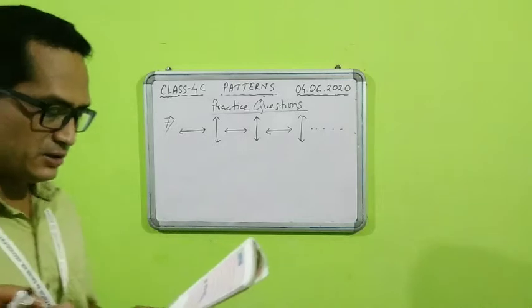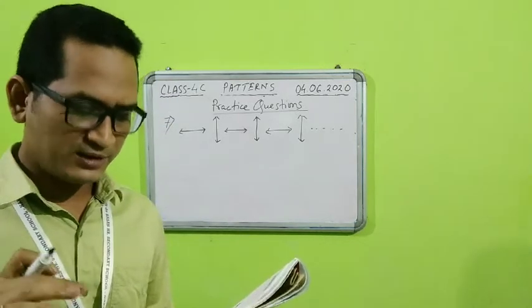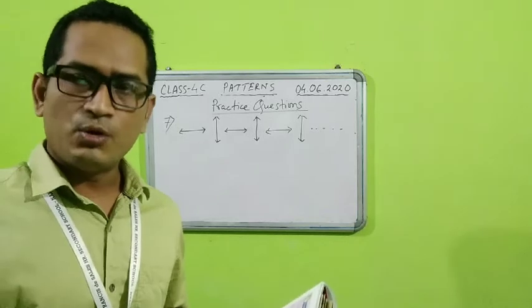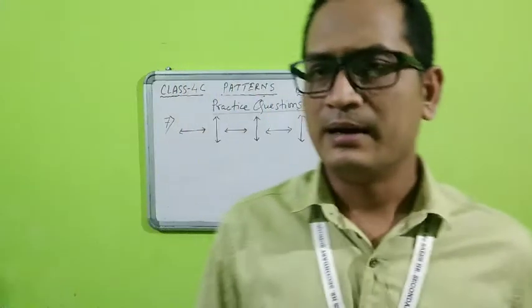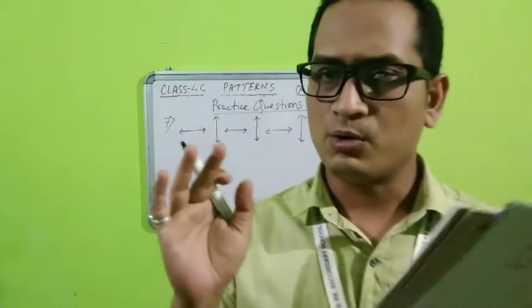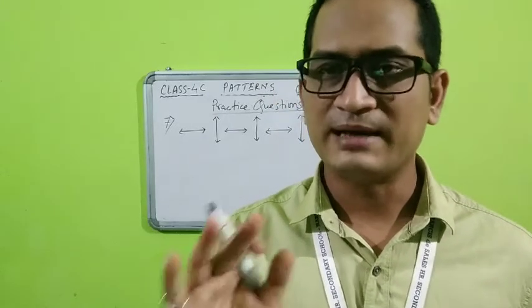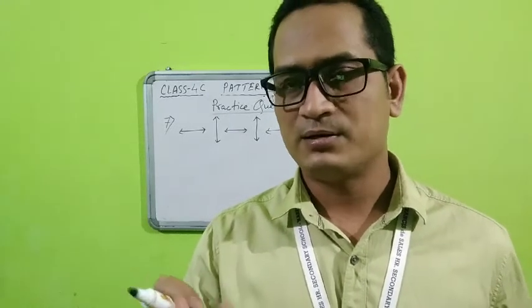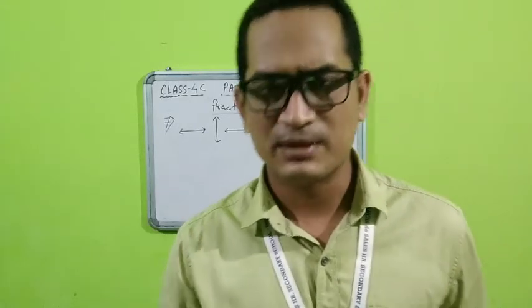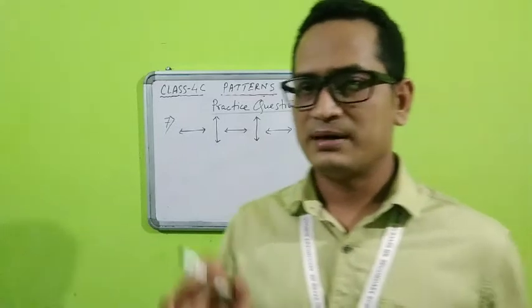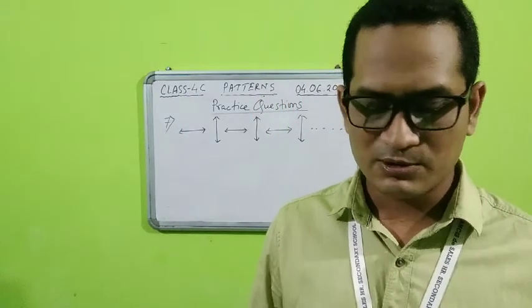Then question number 8 will be your homework. It is, draw and color a pattern of your choice. So that means you need to create your own pattern of a shape. That means you can take one shape or 2 shapes, any type of shape, and make your own pattern. And you can color it. So that is up to you. I just need one pattern which is formed by some shapes, or using some colors also. So that has to be done by yourself. I am giving it to you as homework. So question number 8 will also be your homework.